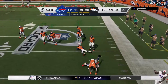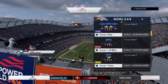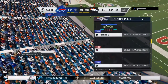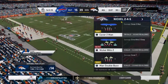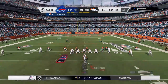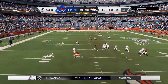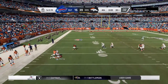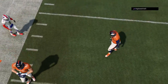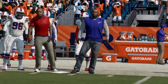And he is brought down, but not before reaching the 30. Big yardage there on the scramble. It gets him a first down. And what are the whistles for? Timeout. So they'll stop the clock here in a game that's been decided in the closing seconds. Back-to-back good plays have them on the move on first down. First down, Murray. Buying time to his left. He'll be brought down by the Broncos. It's a sack. They said beginning of the season they wanted to get past the wild card round. Well, they just got past